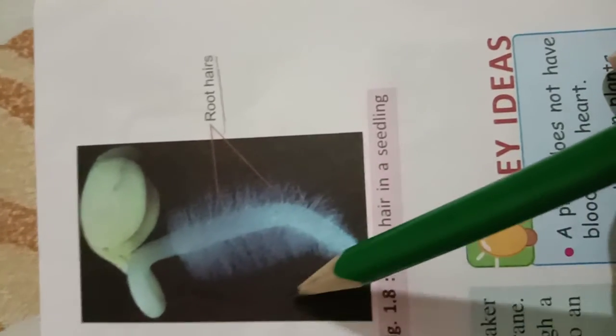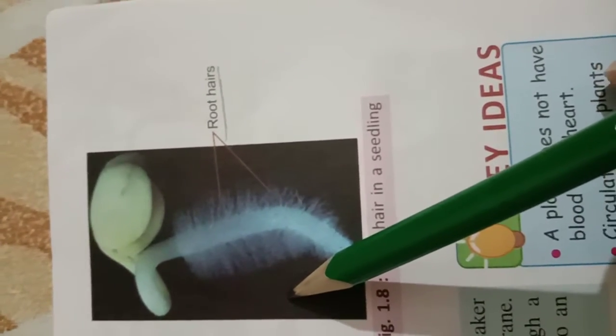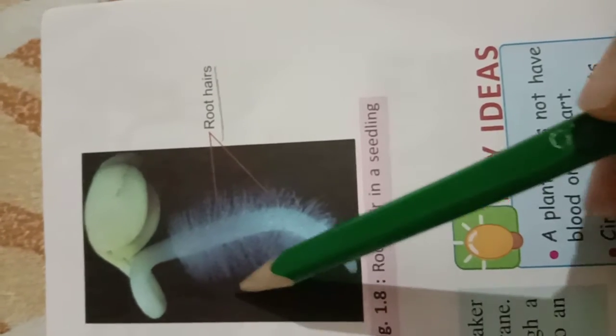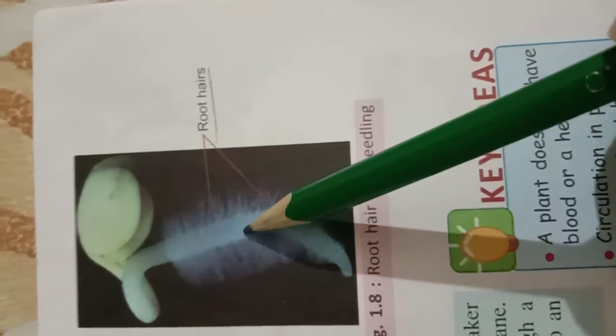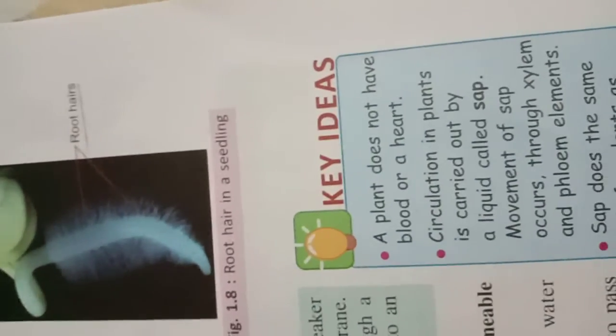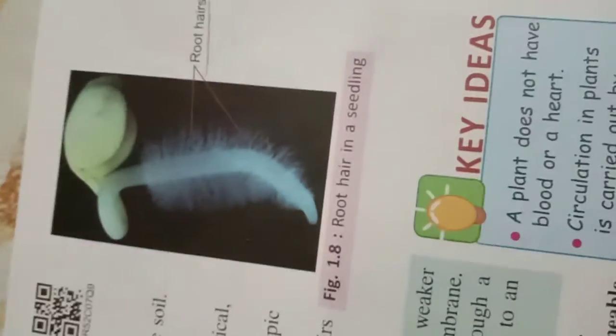So inside the root hair basically, the protoplasm, the cytoplasm is condensed, but outside the quantity of water is more, here the quantity of water is less. So the concentration of water outside is more, so water from the outside, from the soil, moves into the root hair, and from the root hair to the xylem, and xylem conducts the water to the upward part of the plant, and this all happens through the semi permeable membrane. So only the selective substances can go inside.